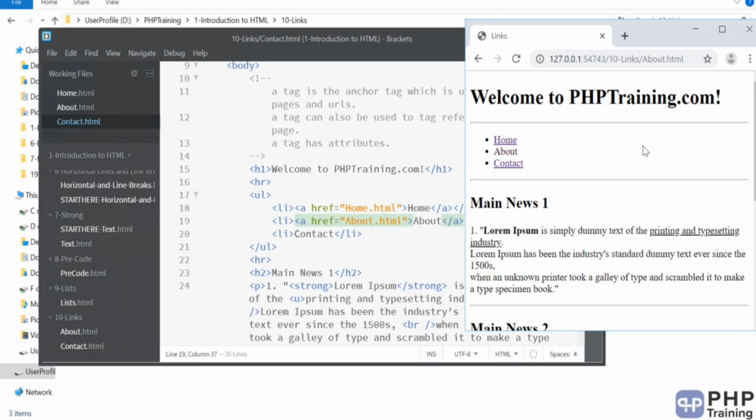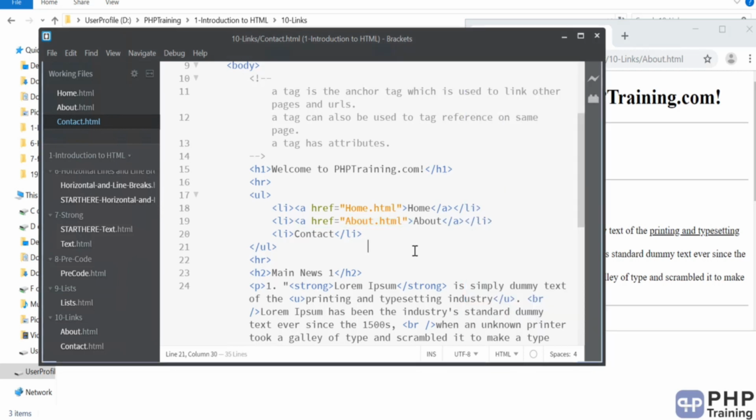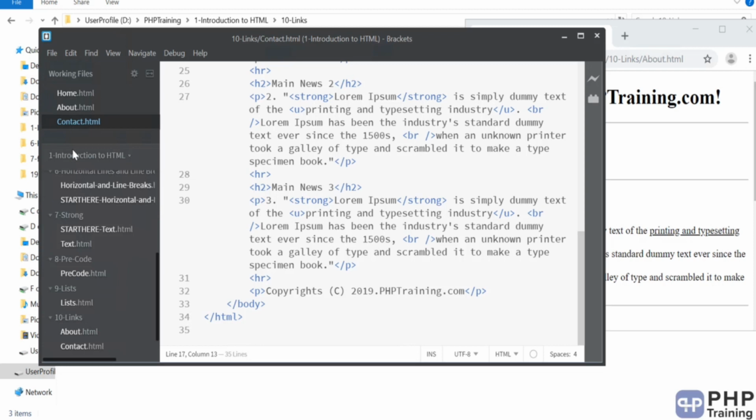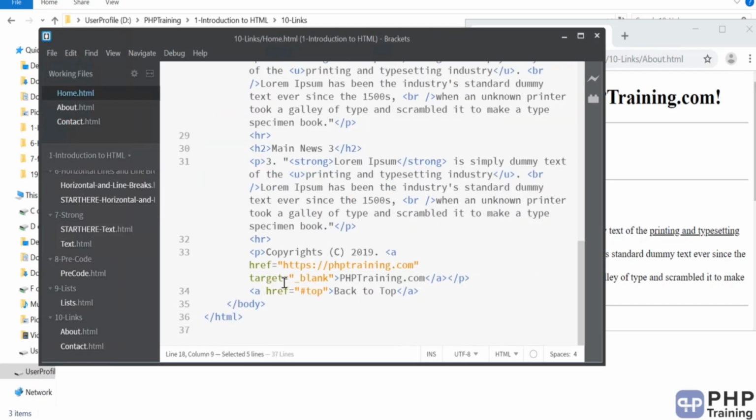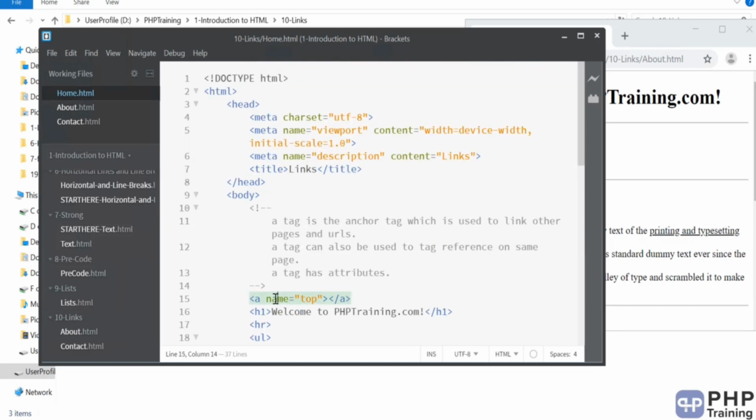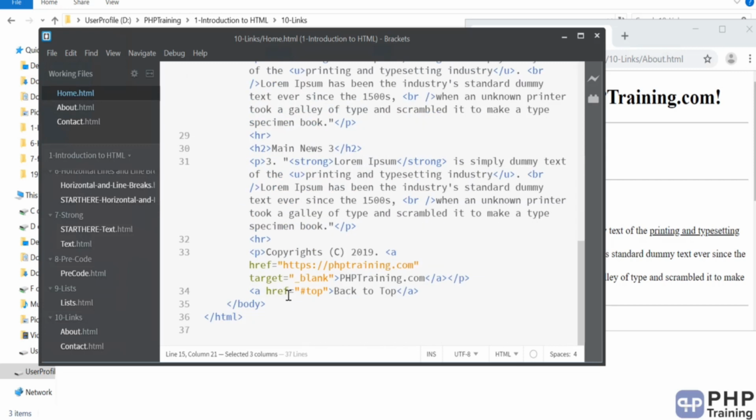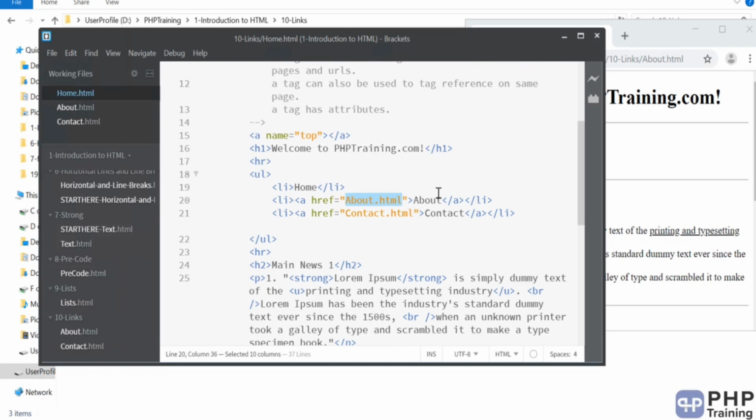Right? So this is how you basically add links to your pages, and links you can add to any resources that you have on the server or anything on the web. As an example, we have seen in home.html, one way to link other resources on the internet is via the href attribute. You mention the URL of it, and then when someone clicks it, you can open up a new window and go to that location. Okay, if you want to refer to anything inside the same page, you can use anchor tags by name property, give a name to it, then you say href, go to that name, and you have to use the hash here. So we have used href to access the pages.